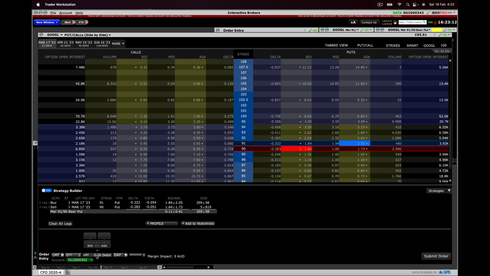Now, with the risk being only $26 a contract, I'm not going to put a stop on this. Okay, I'm going to monitor this each day and see how it goes, and then I'll just manually close this out. Normally, I would do these as set and forget, where I would set a stop and a profit taker at the same time, called a bracket order. But for this particular one, with a relatively low risk, I'm willing to just place the spread as it is. So that's a potential idea for this week, not a huge amount of risk, but a pretty big potential upside if it does move below $90, right? So that's a pretty smart way of doing it.